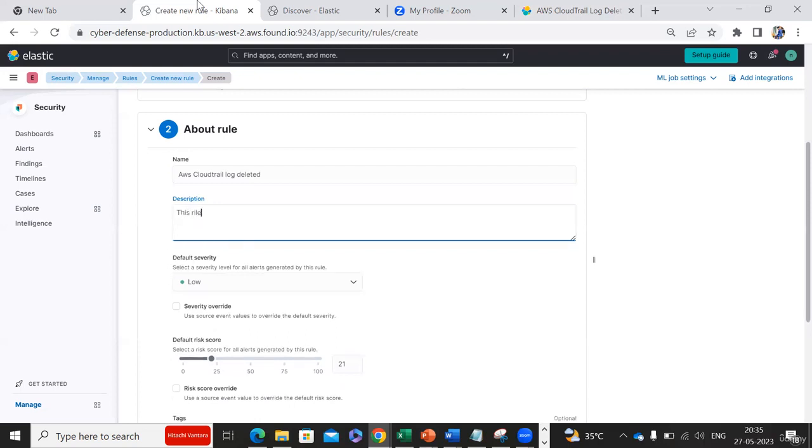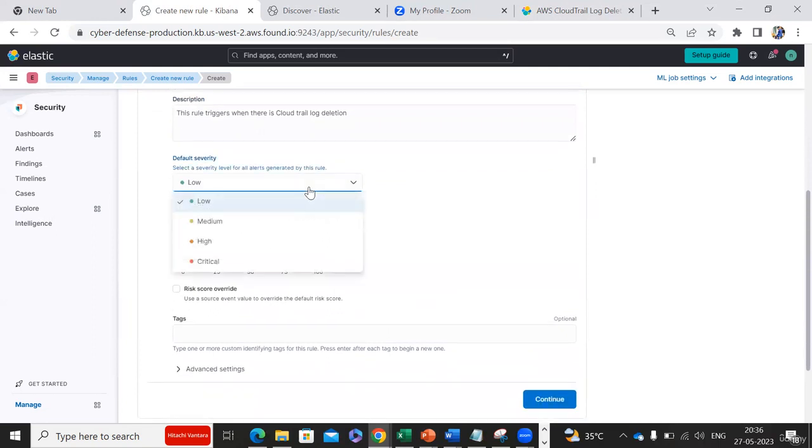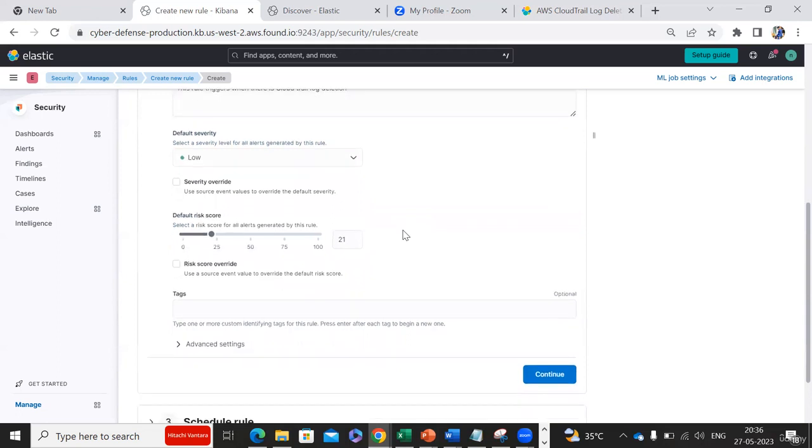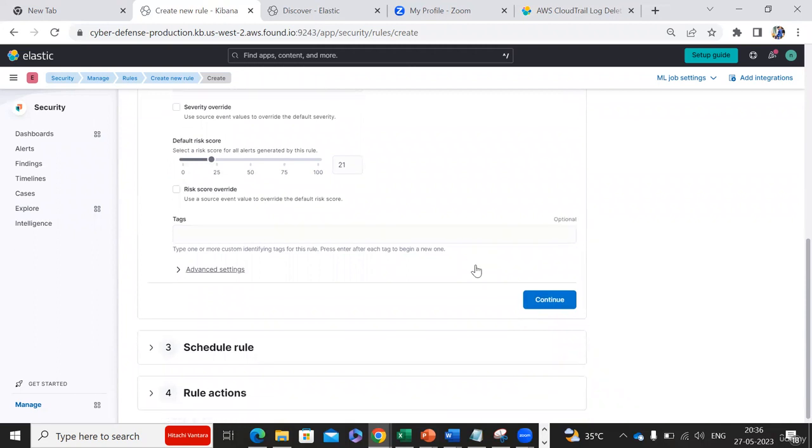You can also write: this rule triggers when there is a CloudTrail log deletion. So this is how I can write the description, and I can mention whether the severity is low or high or medium. So depends on the situation, if you want medium, you mention it as medium, and the risk score you can mention, and then the tags you can mention,